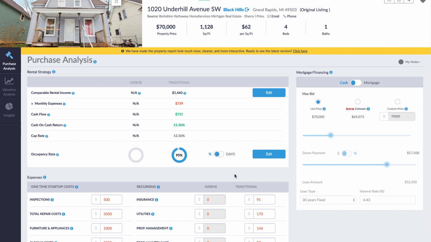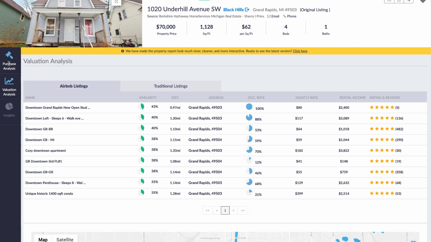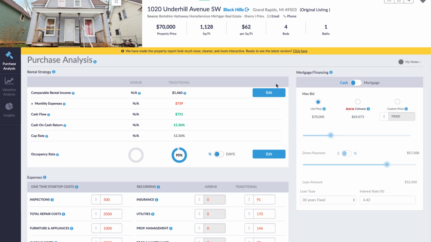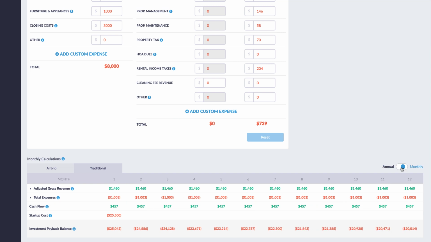So that's the nice thing about MashVisor, is that it actually has transparency and tells you where these numbers are coming from. You don't have to just blindly believe whatever it is they're telling you. And then also you can toggle this thing on or off, whether you're looking at a cash purchase or a mortgage situation. You can put in whatever your numbers would look like in that case, and you can see the projected and the annual calculations for the property's performance based on the numbers you have up there.